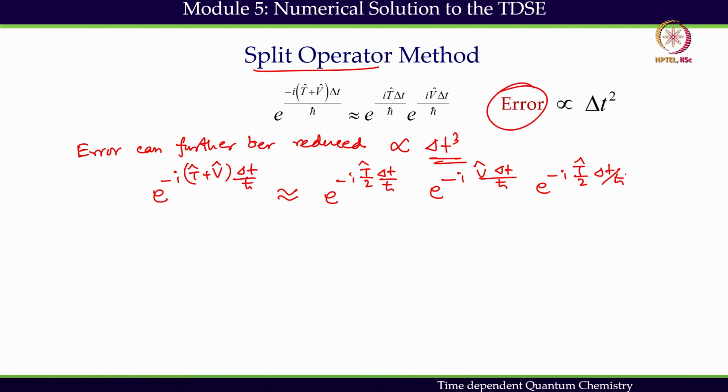This is a symmetrized product. Why is it a symmetrized product? We see that here I have the kinetic energy part, here I have the kinetic energy part, here I have the potential energy part. If I take this kind of product, the symmetrized product,